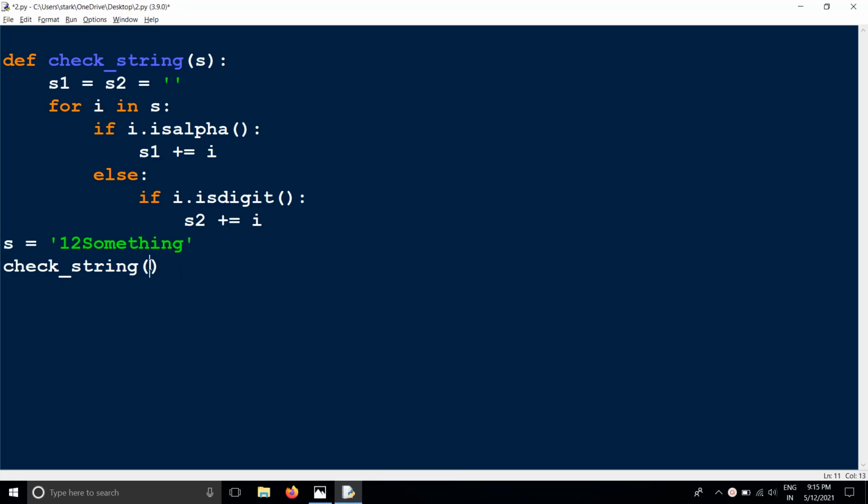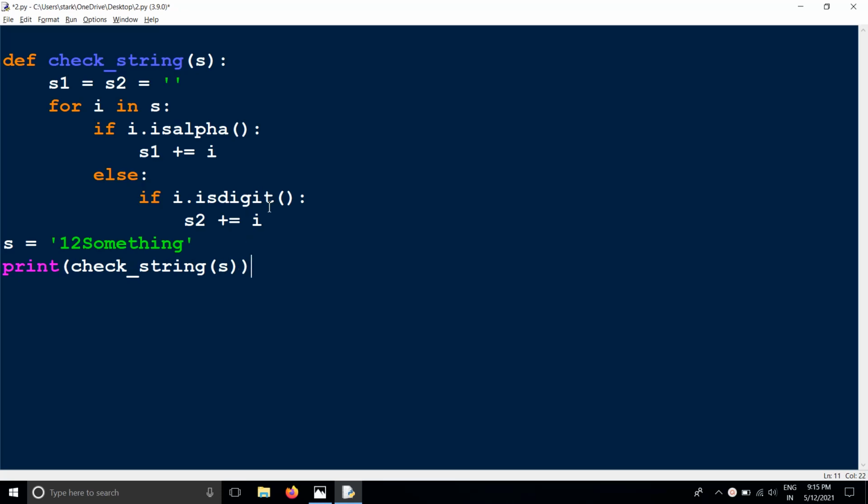I'm going to pass the parameter here, and then using a print statement, we have to print whether it is true or false.